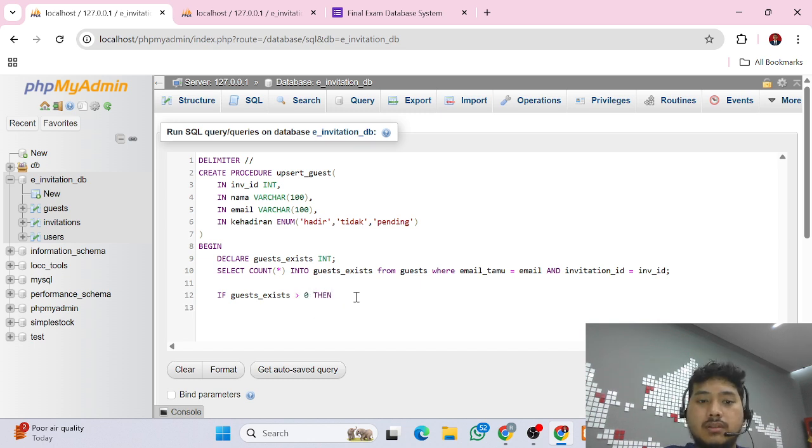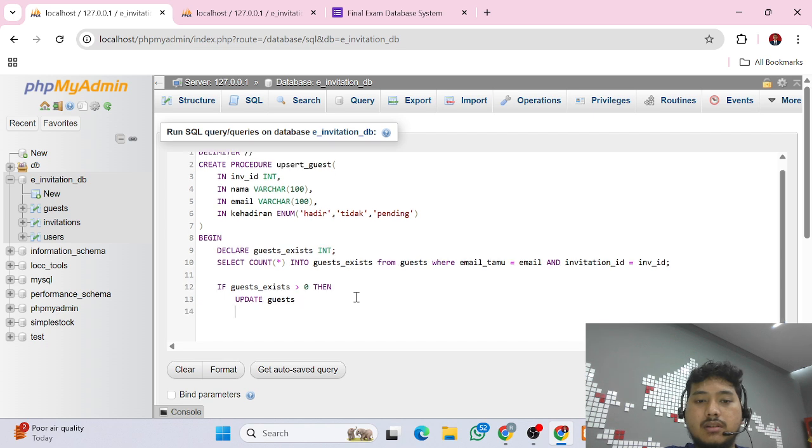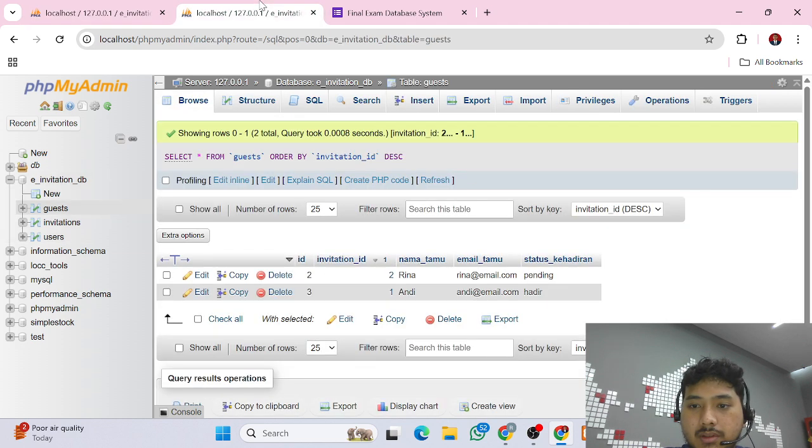Then update guest set status kehadiran sama dengan kehadiran. Wait, let me check status kehadiran.